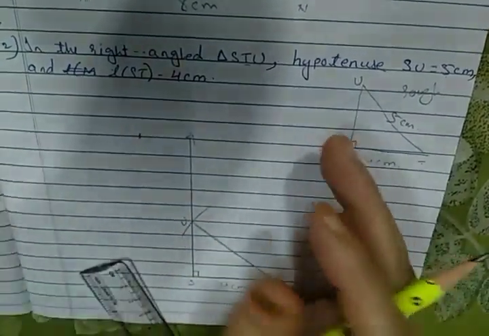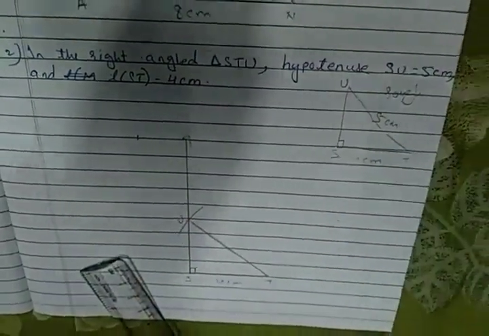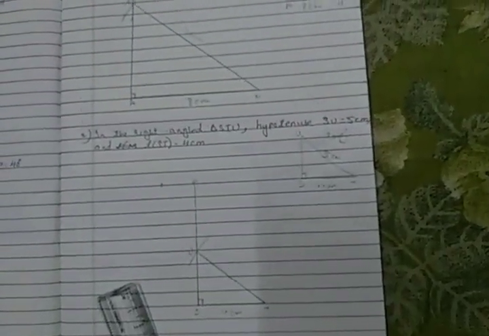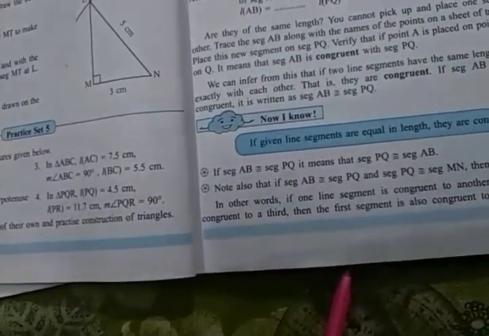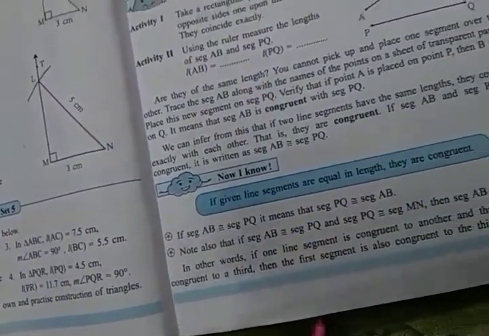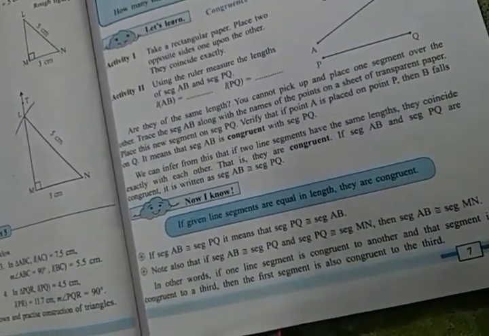So this has been done. So 2 questions I have completed, and the rest of the questions you have to do by yourself. I think you all have understood very well. You have to do it the same way for question number 3 and question number 4. Okay. And the rest of the practice set we will continue in the next video. Thank you, students.